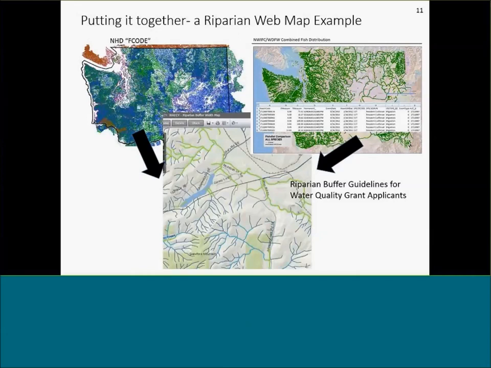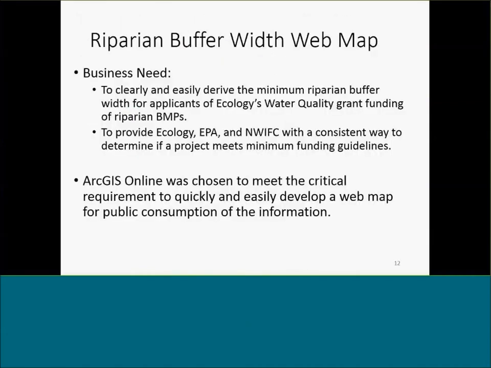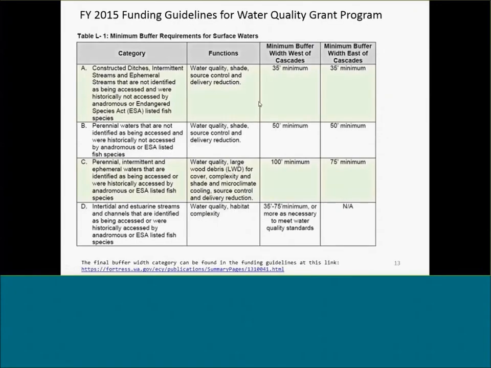I just kept this one in here for documentation that you can read later if you want. Essentially, we needed to put out a map with 4 different groups of buffer requirements. If you were going to apply for grants, this is how big your buffer was going to need to be. It needed to be something easy that we put up on ArcGIS Online for folks to get. And all of these categories, the 35 minimum buffer, the 50, the 100, could all be derived from NHD and from the fish distribution.